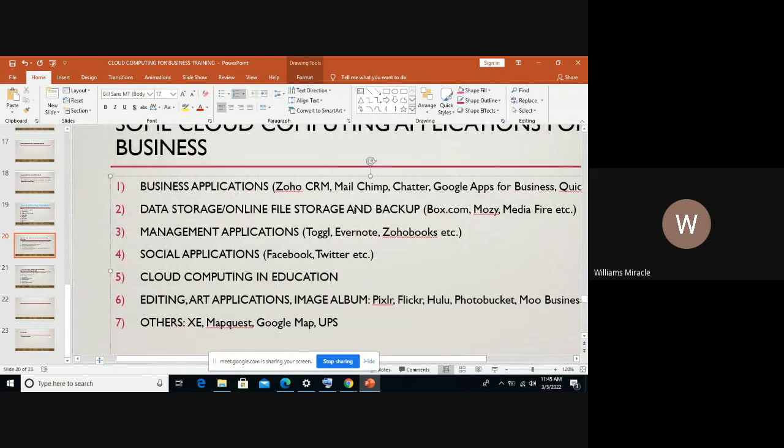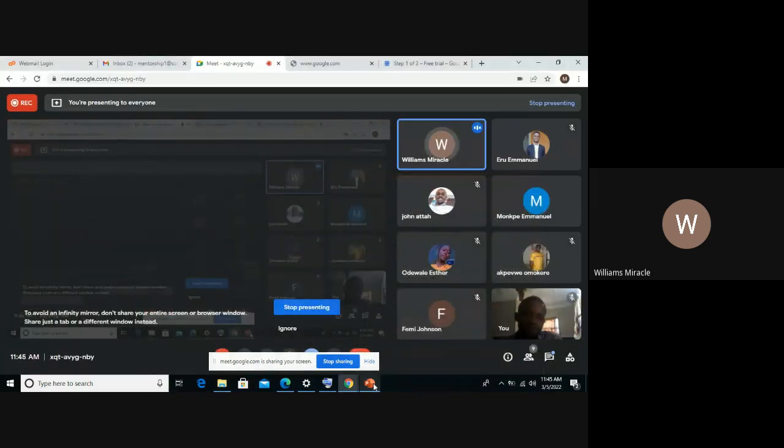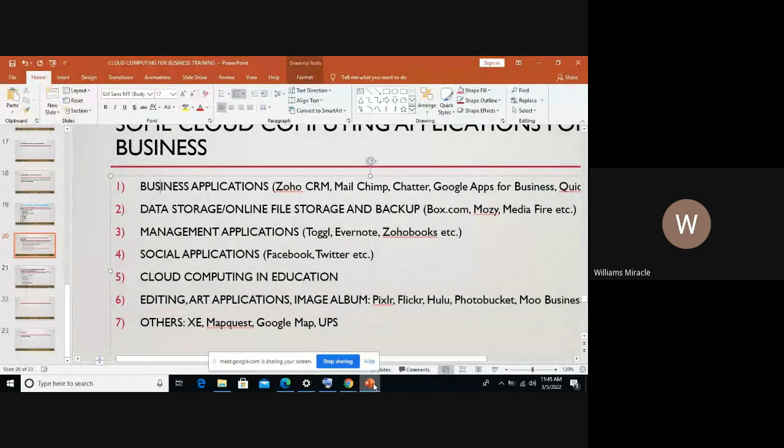For example, you can see right here on my screen the different breakdowns for these cloud computing applications. Let me start by saying that cloud computing has its applications in almost all the fields that we have.